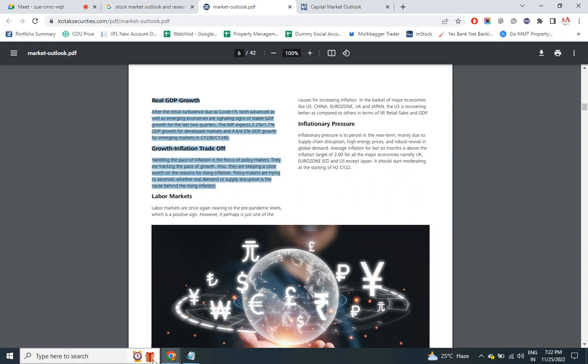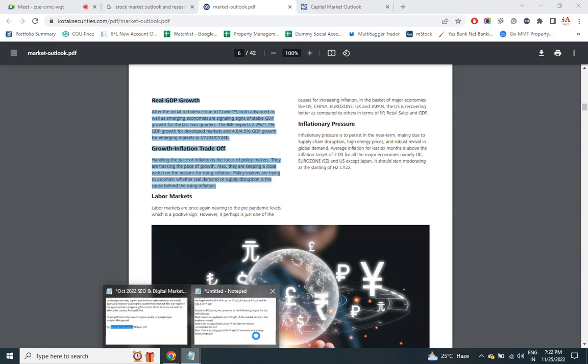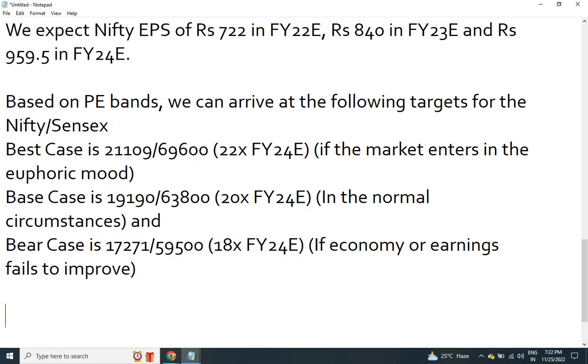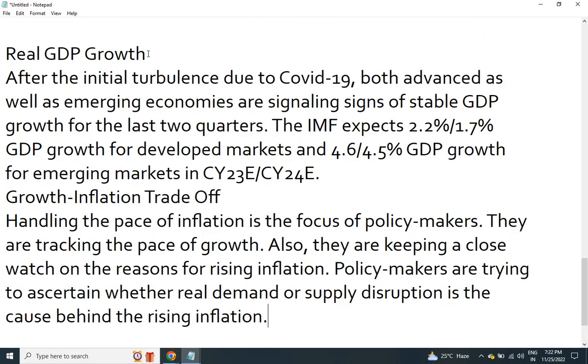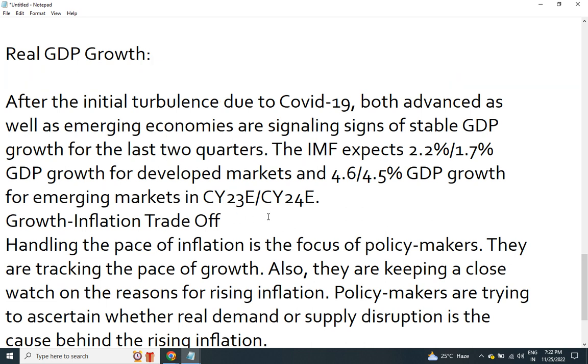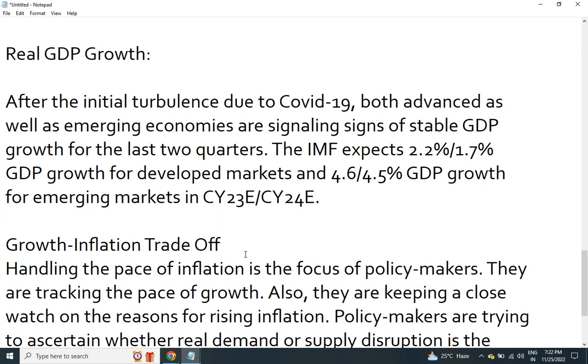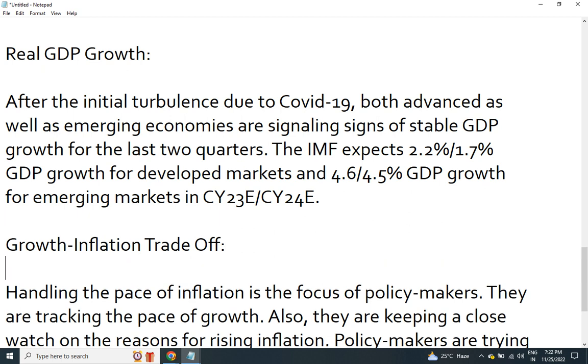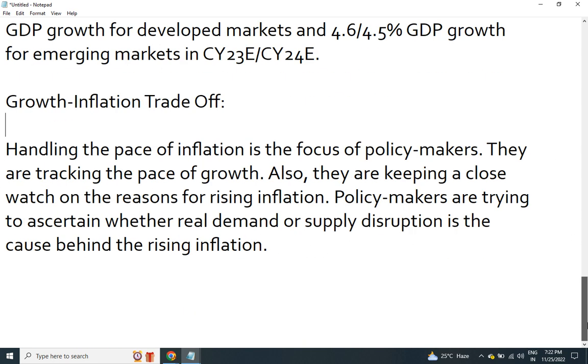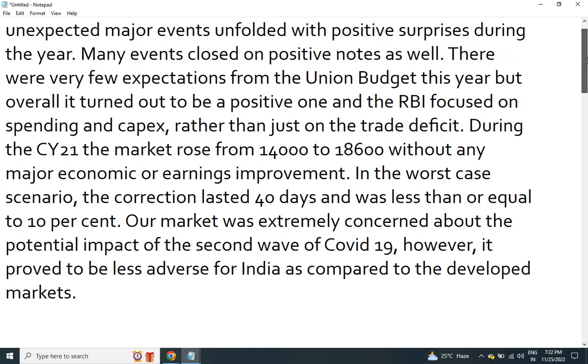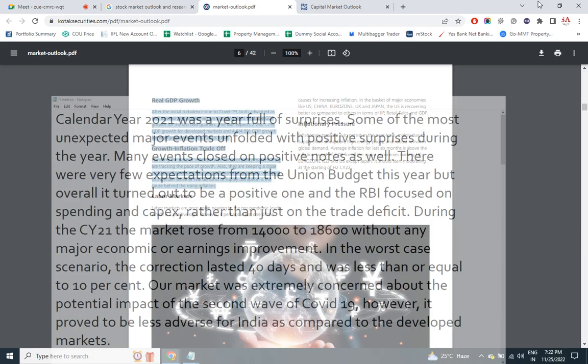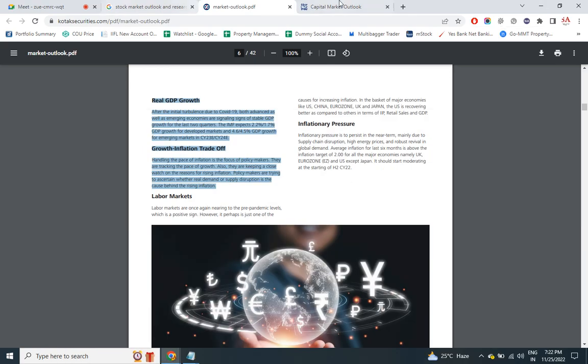I think this should be sufficient for 300 words. So like this, you need to gather the content from the PDF files, and then